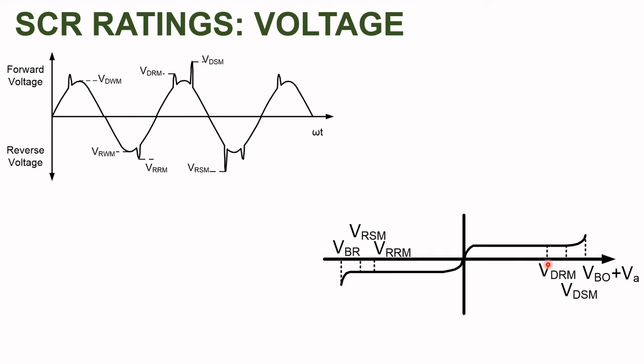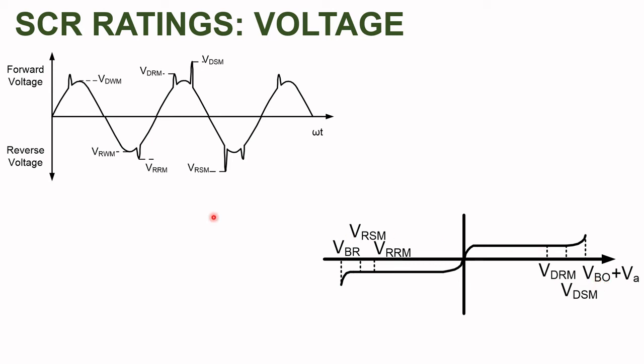VDRM, that means repeated value. After VDRM comes VDSM, that is the surge value, which is again of non-repetitive type, and at last comes VBO, that is forward breakover voltage. So VDRM is smallest, then comes VDSM, and then comes VBO. So VDSM, or the surge voltage, is higher than that of the repetitive peak value in the forward direction, but it is less than the forward breakover voltage.